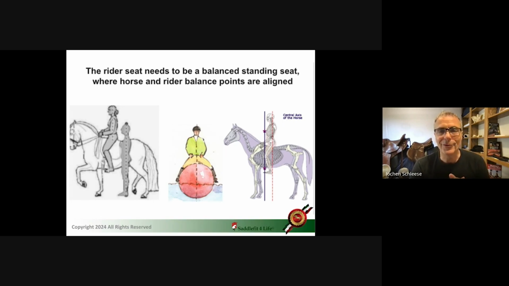As humans, we learn to balance ourselves on our feet, and when we sit, we balance ourselves on our seat, not on our feet. The feet are most of the time underneath us when we stand. When we sit on the horse, the feet still should be underneath us. And then there are other good analogies. Imagine you are swimming down a river, sitting on an oil barrel.